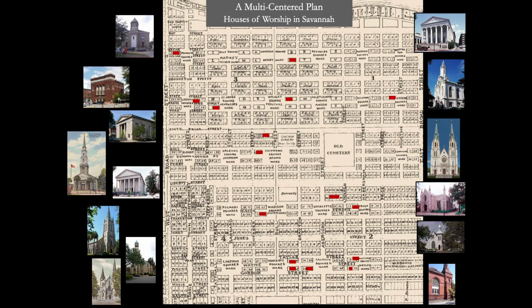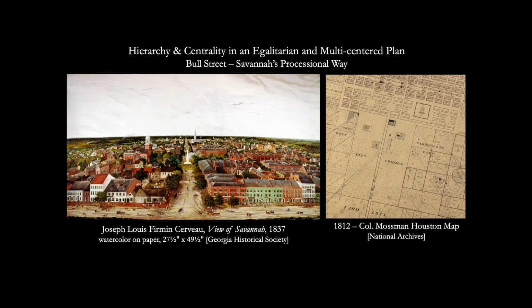There's no stated hierarchy, and yet there is hierarchy. So as I mentioned earlier, some of the streets end up becoming more important than others. And though there was no central street apparent in the plan, in reality, Bull Street functions as an axis of symmetry. It's not actually the symmetrical center, but it acts as an organizing street running north-south, seen here in the Cerveau view of 1837. And we notice here in a plan of the city, this is Bull Street, running through as a central spine